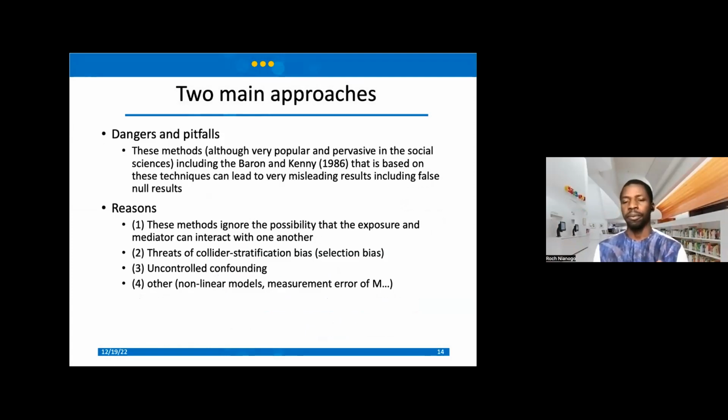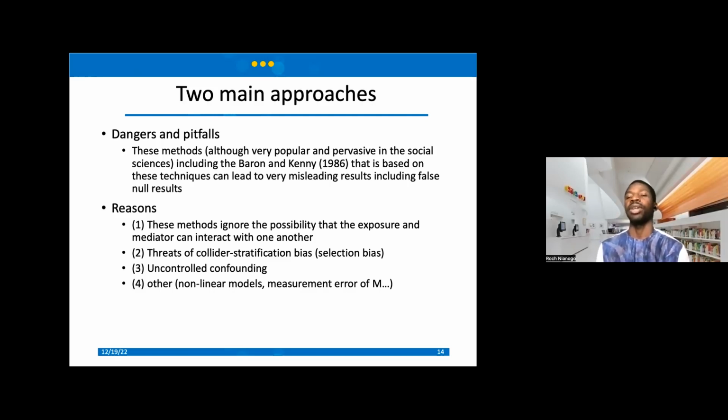And I want to show that a little bit by saying that these methods that I just presented, although they're very popular and very much used in the social sciences, and we have to note here that these methods have really been super helpful in helping us understand what mediation analysis is.